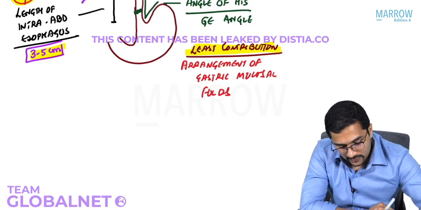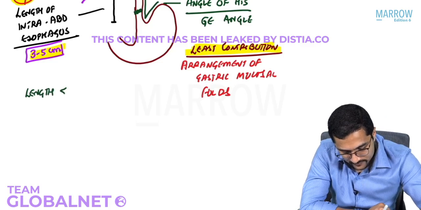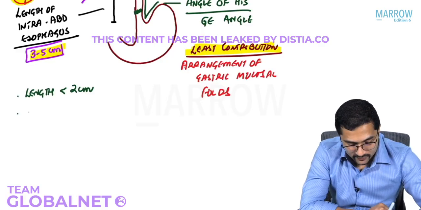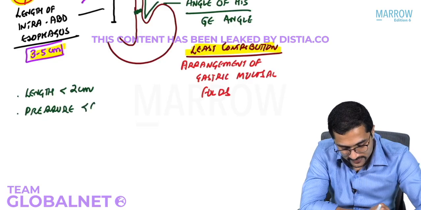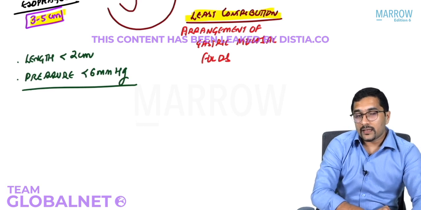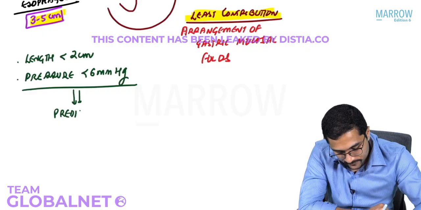So reflux will occur if the length becomes less than 2 centimeters, and if the pressure of the lower esophageal sphincter becomes less than 6 millimeters of mercury. So again, you need to remember these values: length less than 2 centimeters, pressure less than 6. That is what is going to predispose to